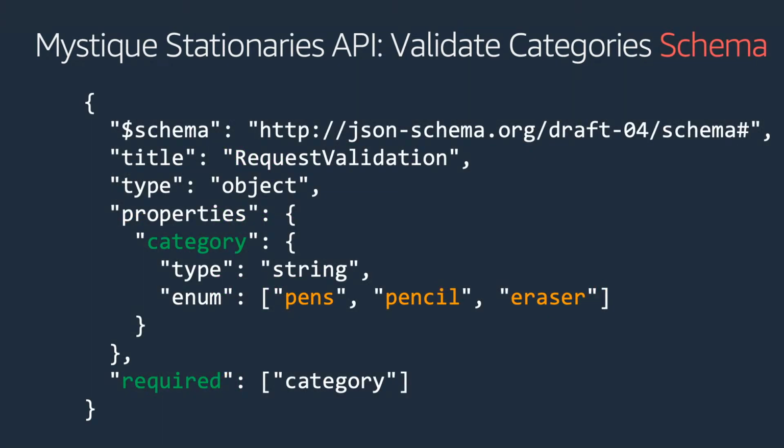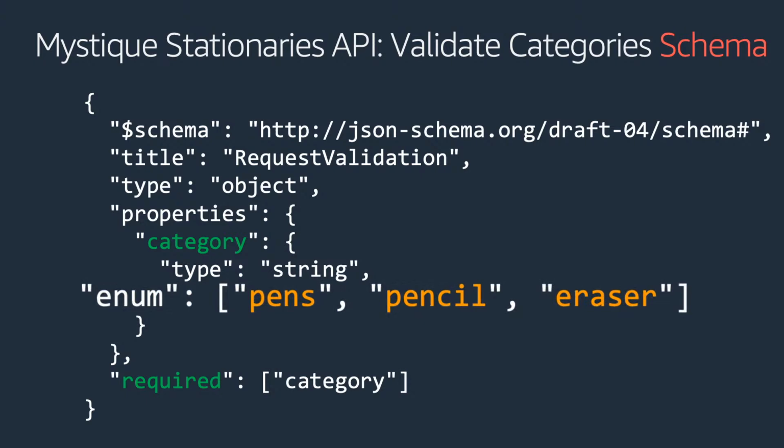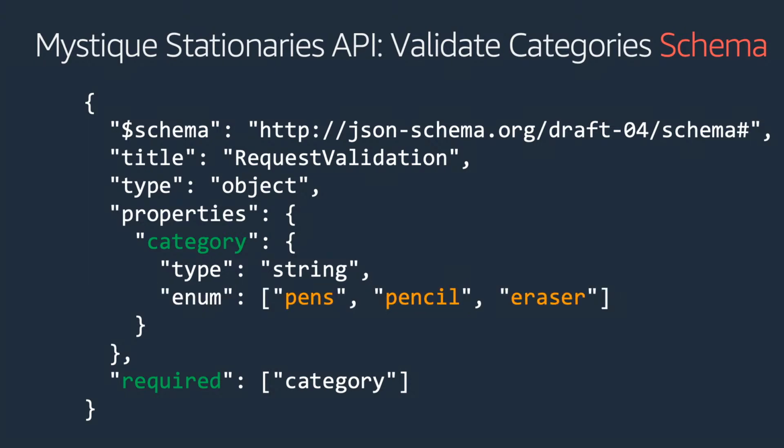There is something called a schema. This is a very standard template. There is nothing that you need to write except the ones that I highlighted in different colors. So you see here I have created a property. Under the property we have categories, and inside that category, we have something called an enum value. That enum value has those three particular categories of pens, a pencil, and an eraser. And finally, at the bottom, I have mentioned that it is a required item.